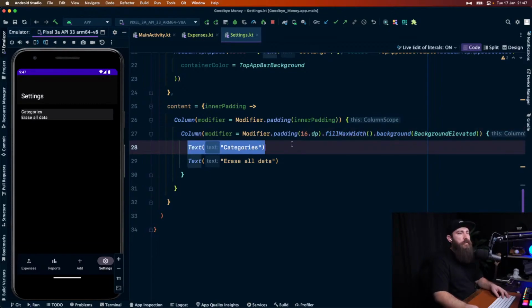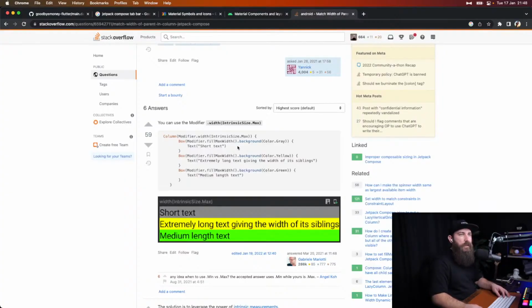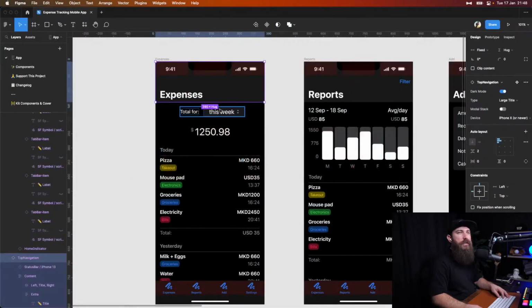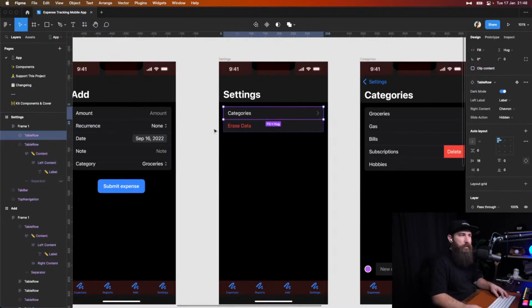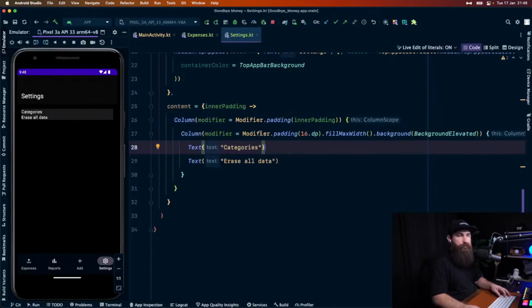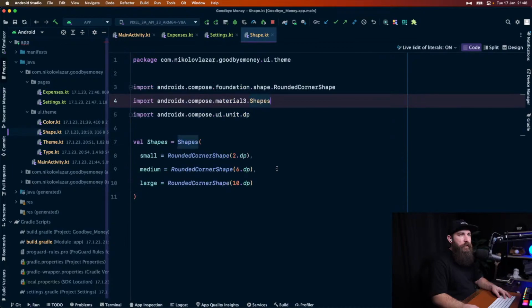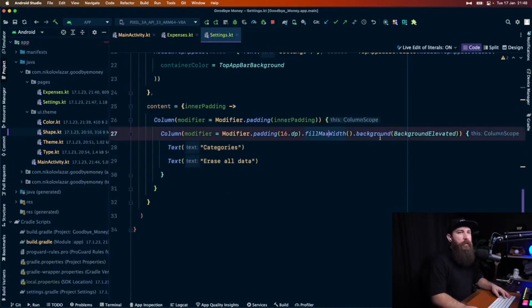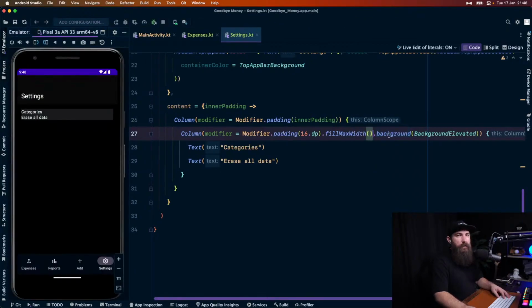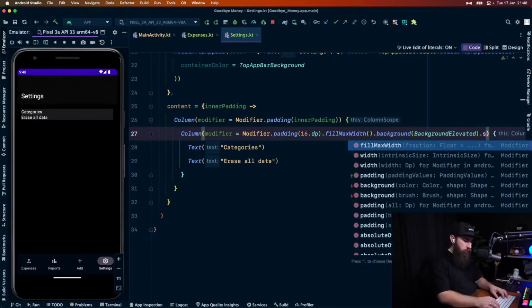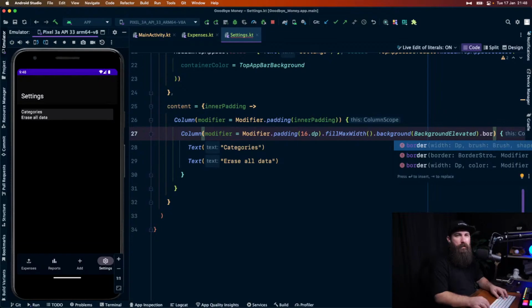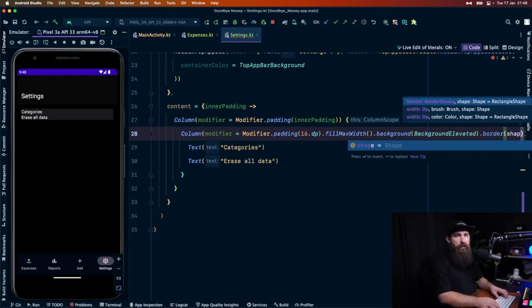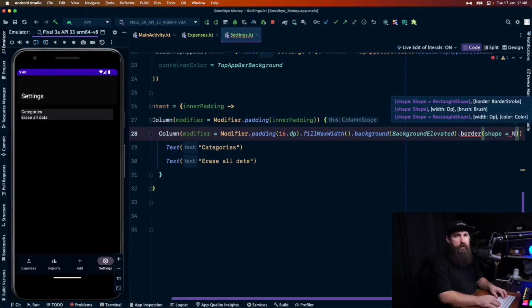And now all of our items inside. Oh, wait a minute. I also need the radius. What is the radius? 6. And if we open our shapes, our shape 6 is medium. Fill max width. Set the background, and also I'm gonna do the shape or radius border. I guess border. Shape equals